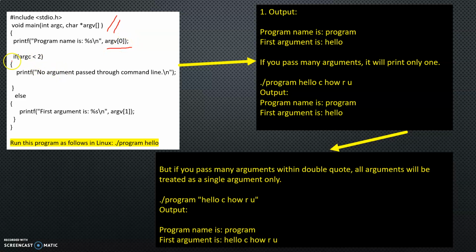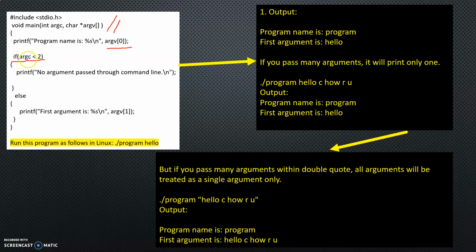Now in the next case I am writing if argc less than 2. If argc is less than 2, it starts from 0, 1, so elements 0 and 1 are there, okay? If the number of elements you are passing is only that, then it will show you how many arguments you have to pass. There you are giving the condition if argc less than 2. It means you cannot go for three elements. If you are taking two arguments, then you cannot take a third element. It will be discarded. I am giving you the output.